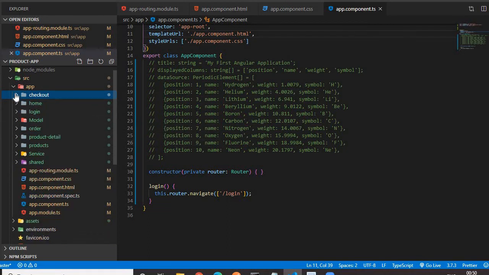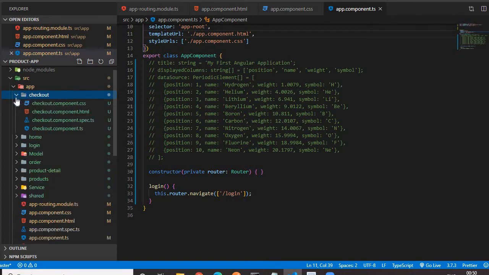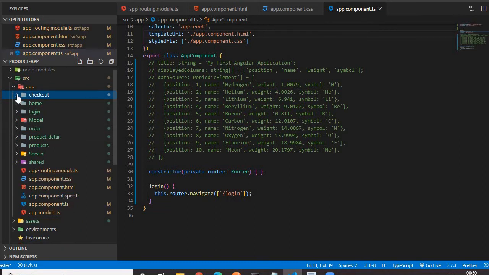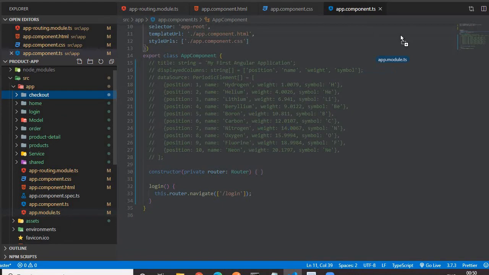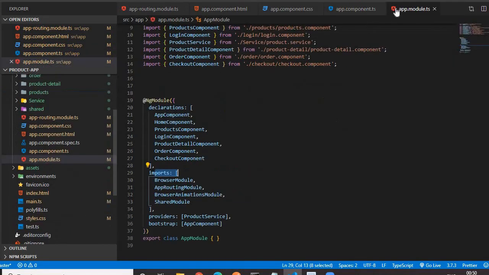After you execute that command, it creates a folder with the same name as the component, with the respective component files, four files within that folder, and it also updates the app.module.ts file.